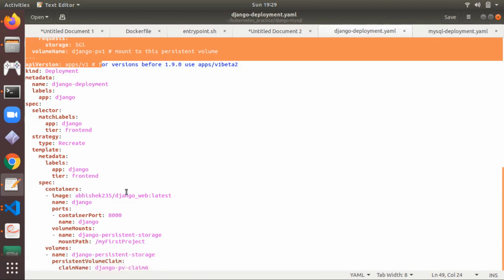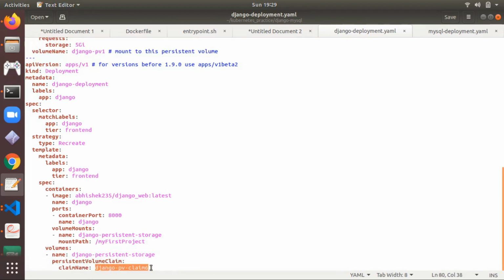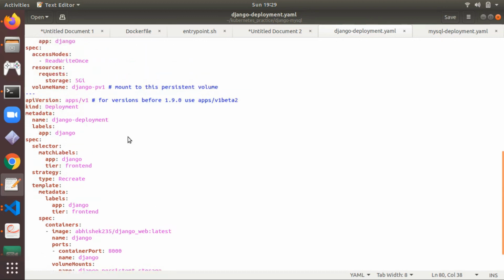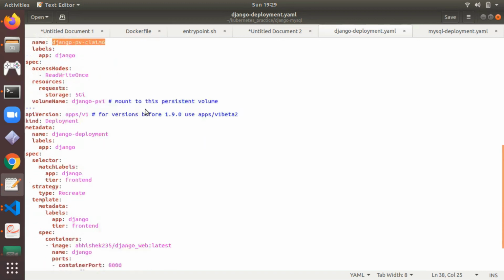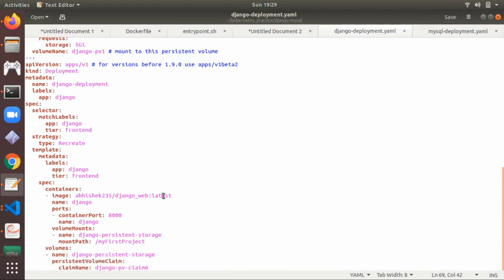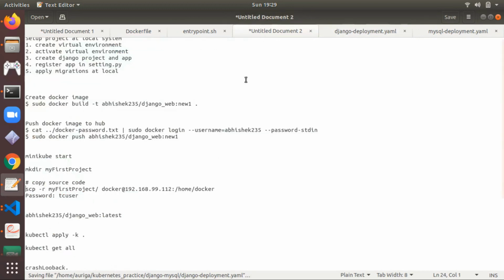Here you can see django-pv-claim-6, this is the name of the persistent volume claim. And here let me change the image name. I think this is the image name we used. Yes.